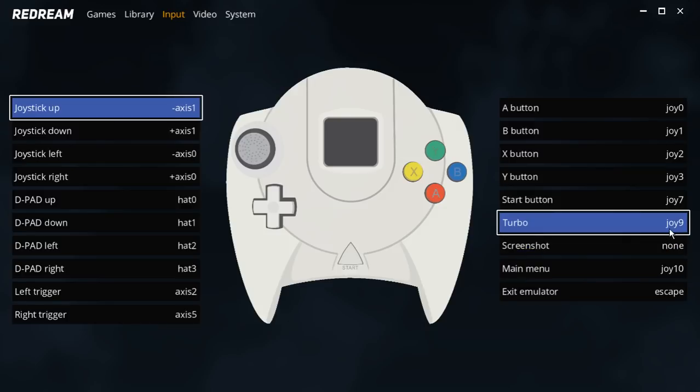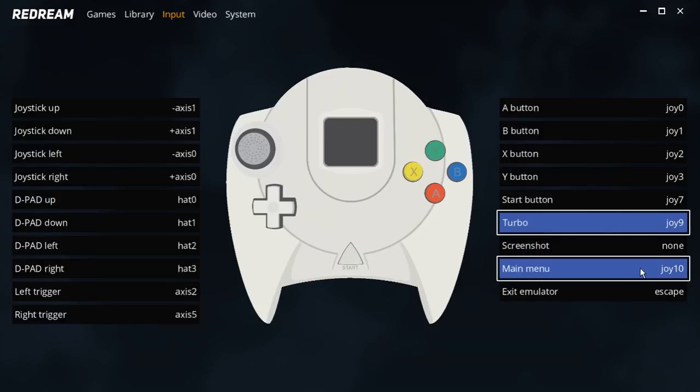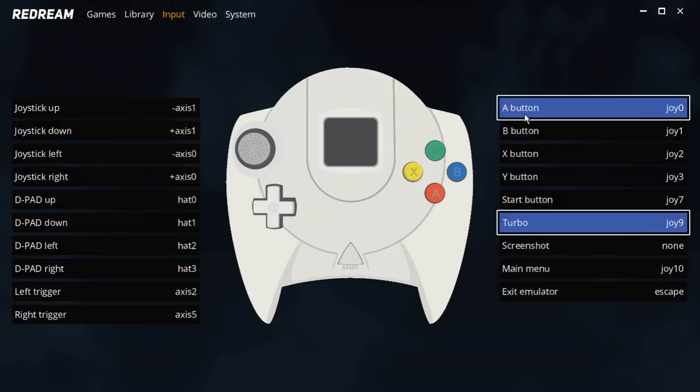If you want to have a turbo button, it's available. I use my right thumbstick pressed as a button, so I would just click it, and I'll click my right thumbstick, if I want to enable turbo. I don't take screenshots, but if you want to have any unused button to take screenshots, you could. And then the main menu, we're not going to need that either, so I wouldn't worry about that. But once you have all of your buttons configured, and it shows you here your A button is your A button. So whichever buttons you want to configure to use,